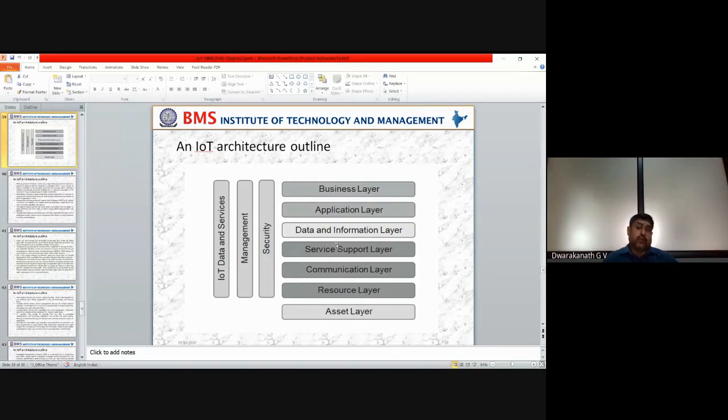So in which way are you representing that to an end user? Some information you have to represent in a graphical way, so that the customer or end user can understand easily. Some information you have to display in a textual format. Like that, there are different ways to represent.